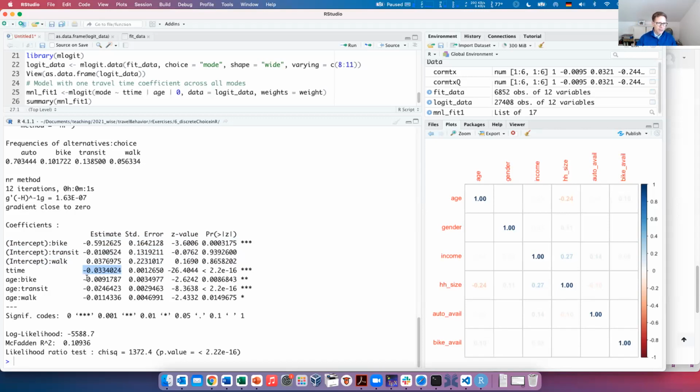And then I also get a coefficient on age. And I get this now for each mode except for the base mode, because the base is what it refers to. But you can read this the following way. There's a negative coefficient of age on bike, which means the older the person,